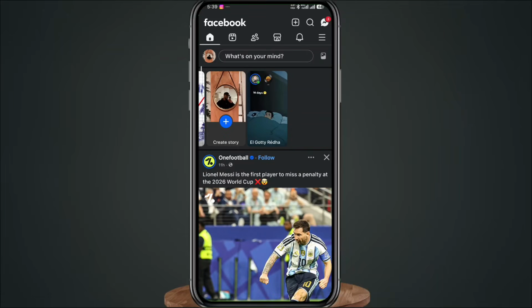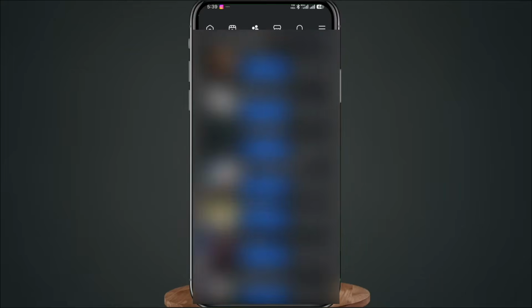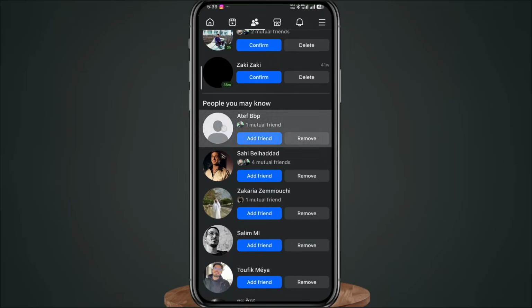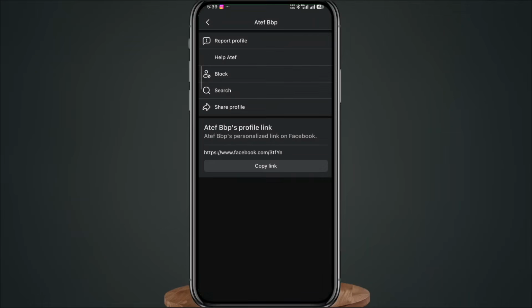Let's go ahead and open the Facebook app. Of course, you have to be logged in. Let's find a locked account or a locked profile. Let's go ahead and enter this one right here. And as you can see, guys, as soon as I try to open a locked profile, Facebook blocks me from even recording the screen, because you cannot be taking screenshots or recording your screen once you open